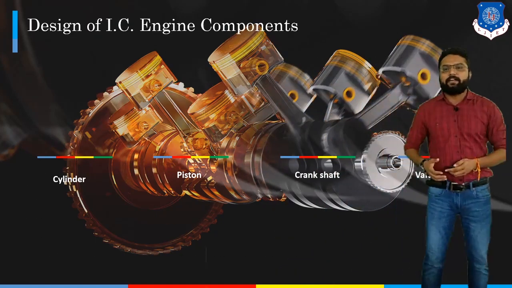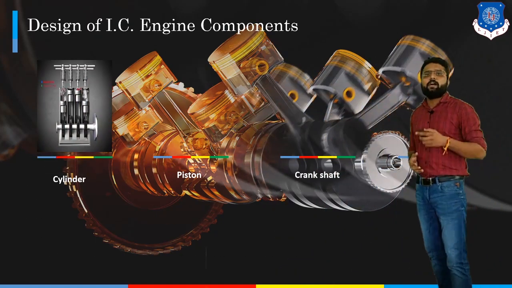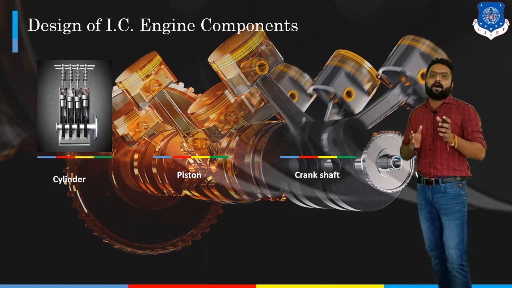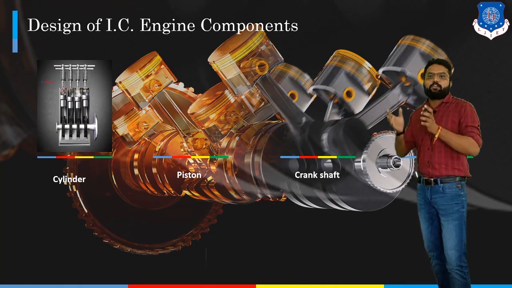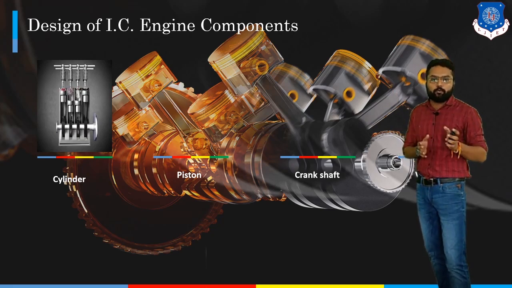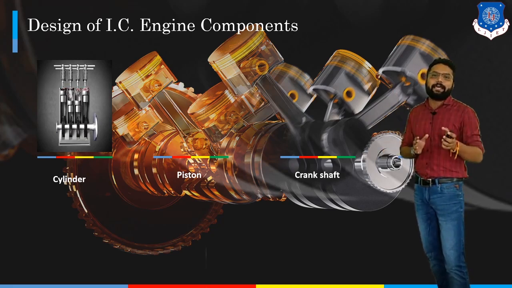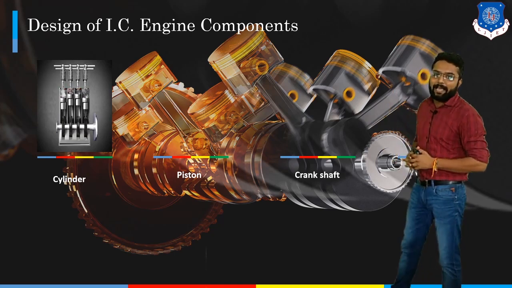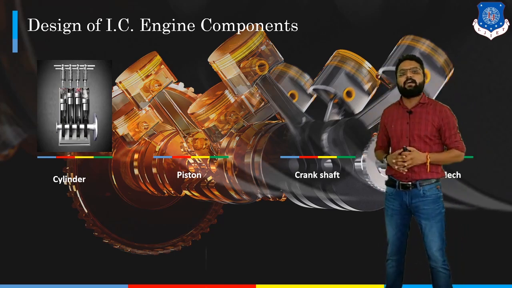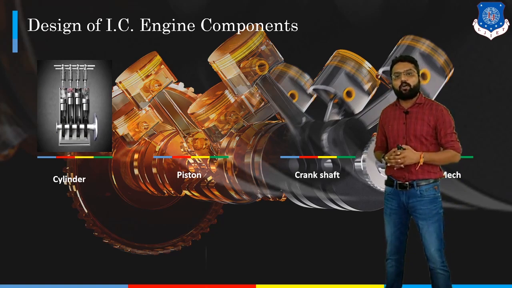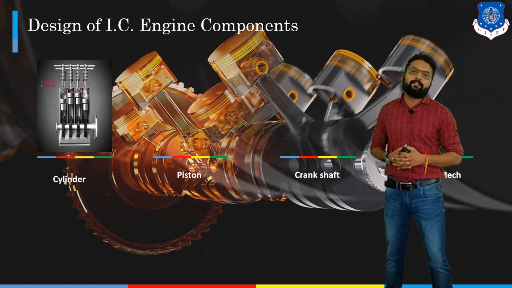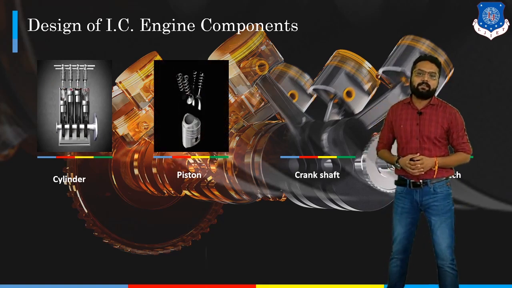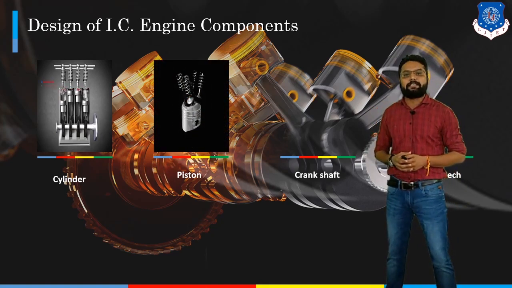In the case of cylinder, the cylinder is a kind of support which provides support to our piston, and which facilitates the piston to have to and fro motion without losing any charge, and ultimately it is a structural component. So design of our cylinder is going to depend more on structural analysis rather than any kinematic analysis.